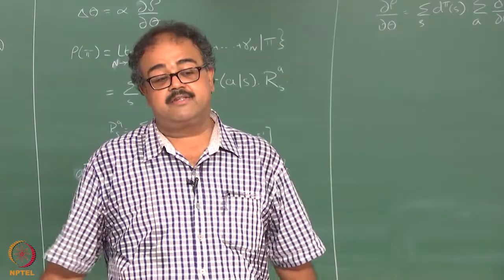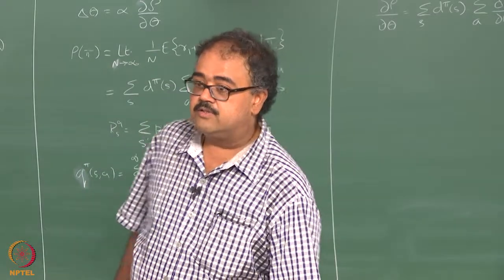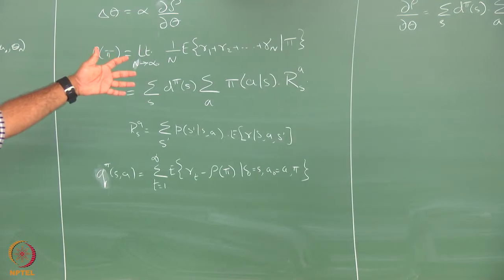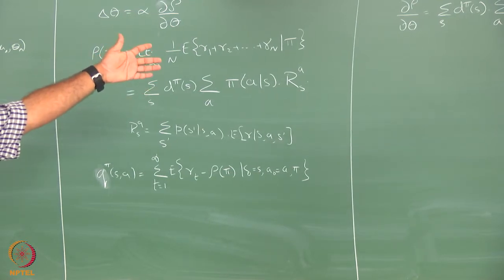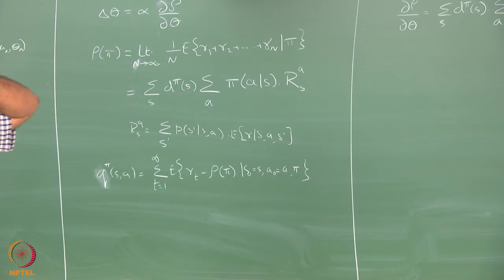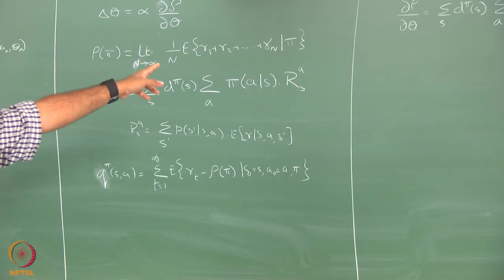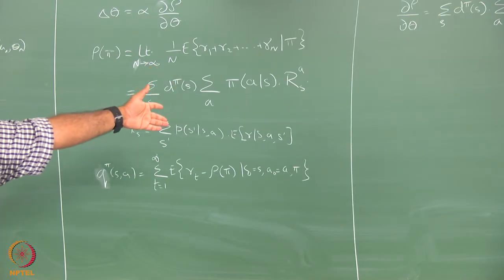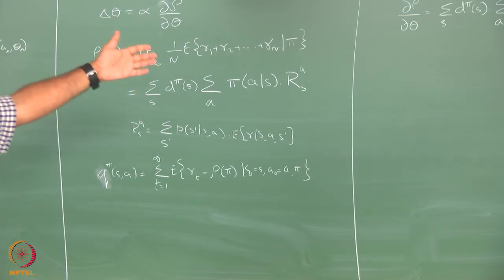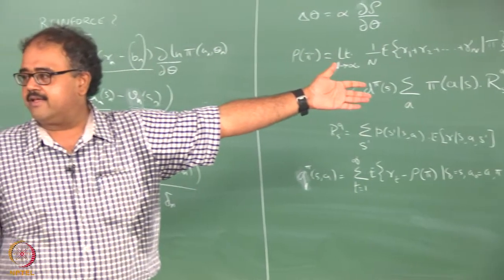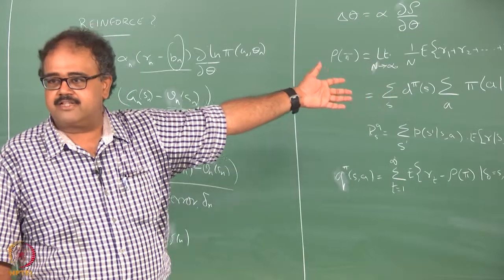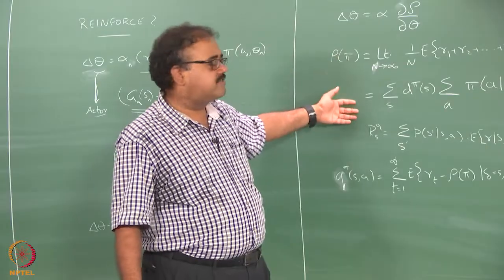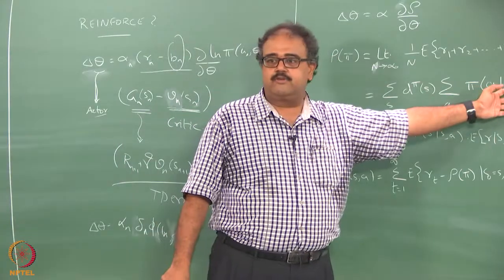This was a pretty amazing result. So if you think about it, see pi depends on theta, right, all of you know, that is why you have the dou pi by dou theta, but d pi also depends on pi. So that should also figure in the derivative, right. Q pi SA also depends on pi, right, that should also figure in the derivative. So if you just think about applying the derivative directly to this expression, essentially you will have to do it through the